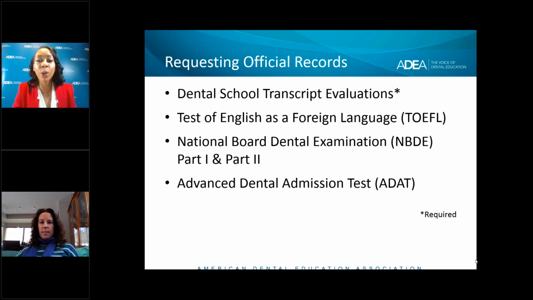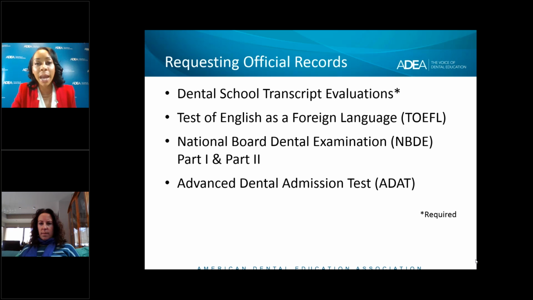The first topic we're going to discuss is requesting official records. The official records that are accepted by ADEA CAAPID are the Transcript Evaluations, TOEFL scores, MBDE Part 1 and Part 2 results, and ADEA scores. Many applicants struggle with providing official records and official information to programs prior to the program deadline.